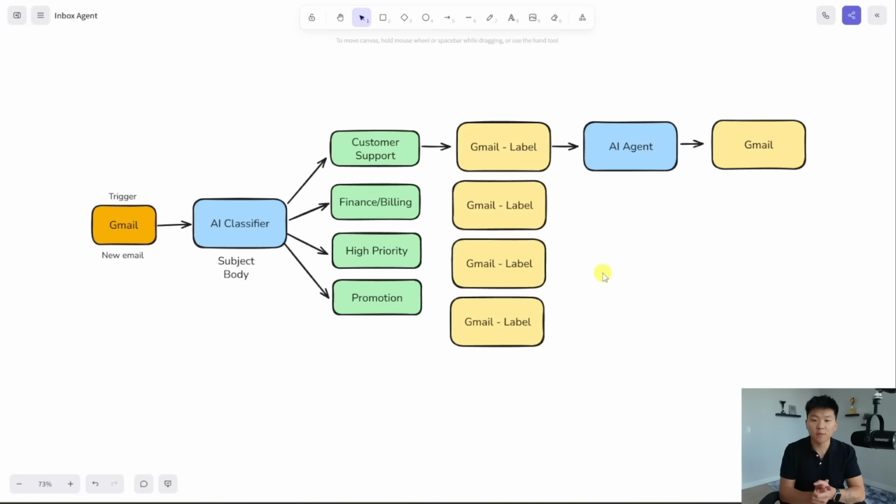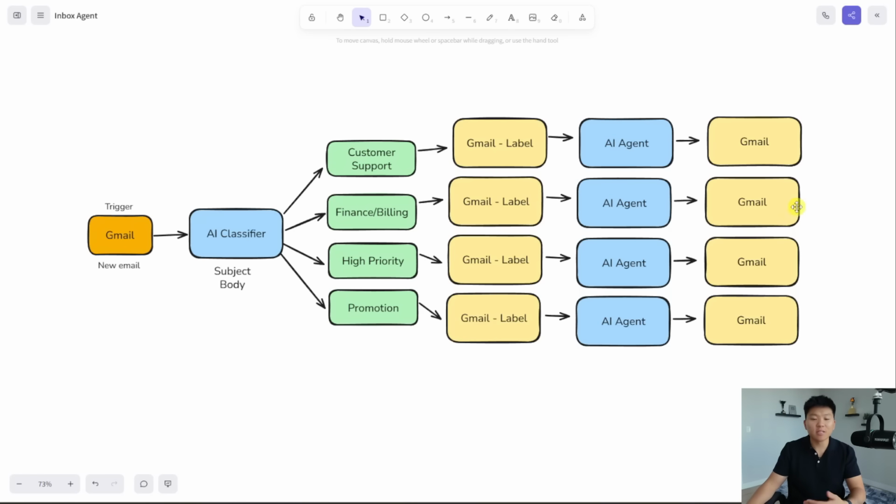That's what you have to set up here. So when we get into n8n, I'm going to show a few different things that could happen after each path. But basically, an email would come in, it would get classified. Let's say it gets classified as high priority. Then we would take the next steps only in that high priority branch. But if a promotional email comes in and gets classified as promotion, then maybe a different order of operations would